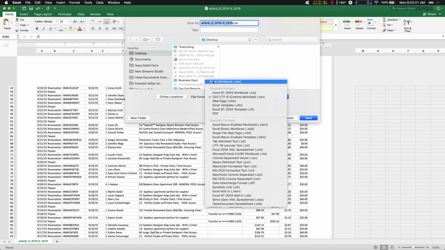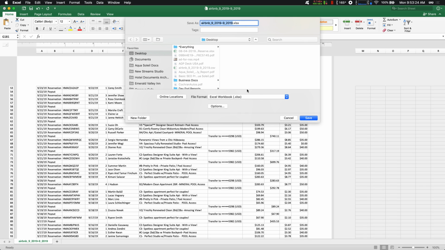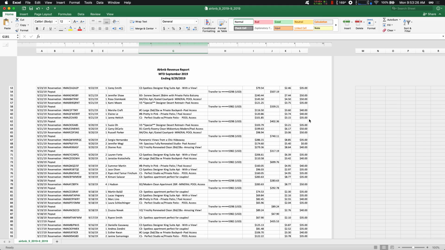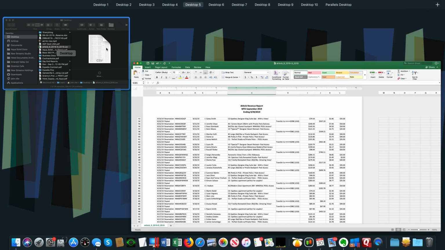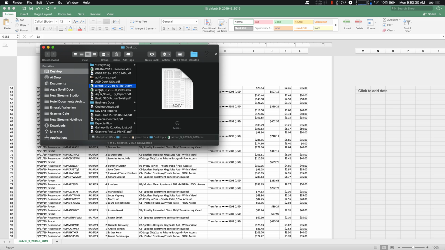This is the most current type of Excel file. So select that and then save it. And then you end up with the same file, but just in an XLSX. So when you load it again, it'll come back to you just like this. It'll come back just like you have it. If you save it to a CSV, you'll lose all the